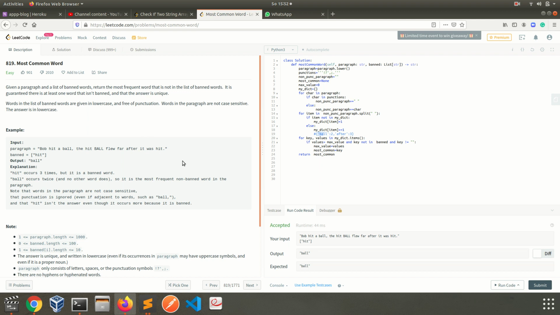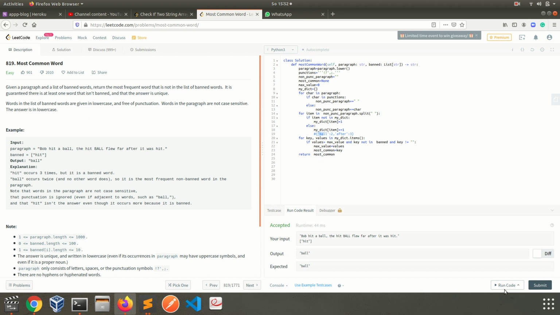To prevent that, we need to check whether it is a space or not, because space is not a word, but our program will count this space also. I need to be careful about the space, so as a condition I typed that also. After that, I check the maximum value. If the value is bigger than the max value, I reassign the value and the key, and at the end of the loop, I get the most common word.